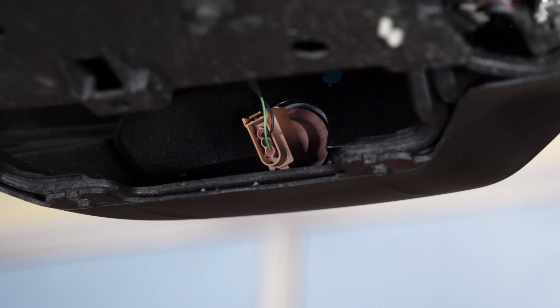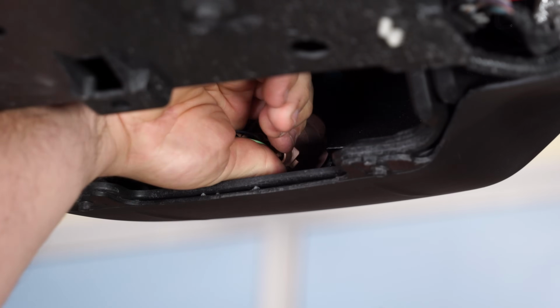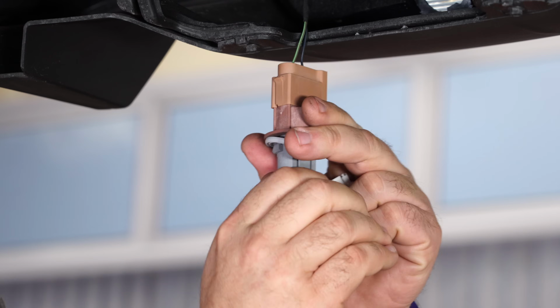Now we have my 18 up in the air to see the process, but this is a very simple installation you can do on the ground by simply reaching your hand up underneath the rear valance. All you're going to do is grab this socket, turn it counterclockwise, then you can pull it out and remove the factory bulb. Simply pull down on the bulb,